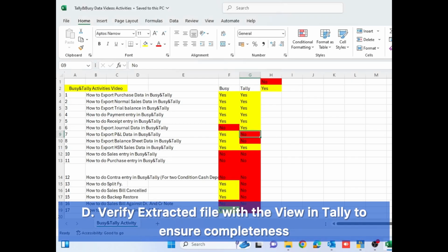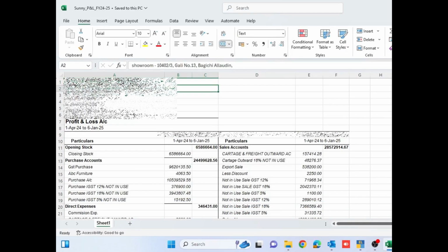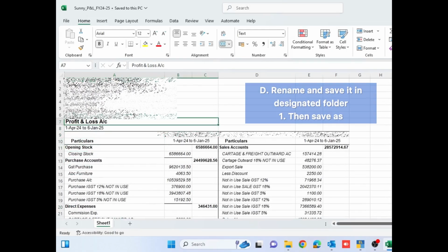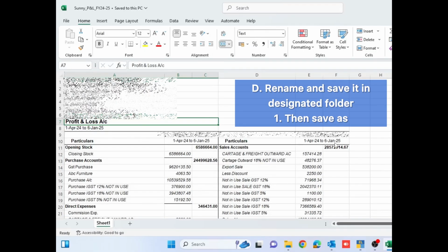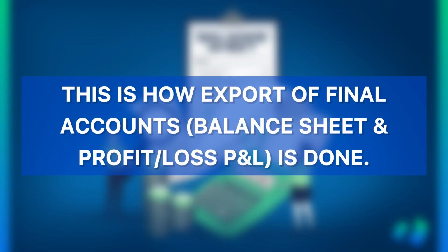Tally will export the data in the format which you have chosen. We suggest to always export the data in Excel format first, so that you can use that information for various purposes. I hope this information to pull the final accounts of balance sheet and P&L was relevant for you and